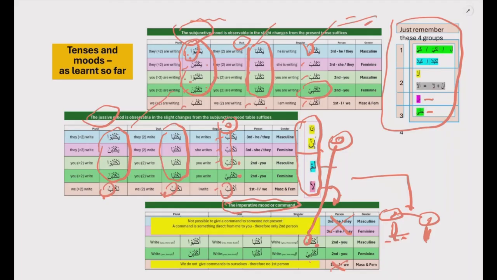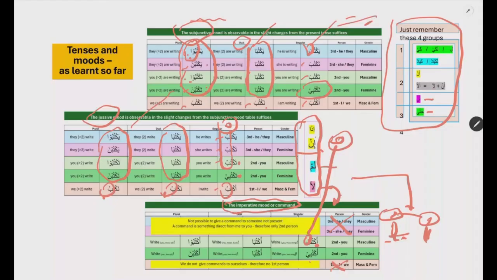Okay, and I know some of these terms are a bit technical, like subjunctive and jussive. There's no special meaning to it. It just applies in grammar to the specific concept, and the mood is just indicated by this end suffix, whether it's a fatha or a sukun, or whether there's an absence of a noon, like yaktuba and not yaktubani, or yaktubu and not yaktubuna. So the suffixes, and in the singulars, the fatha or the sukun, is the main feature that you're looking out